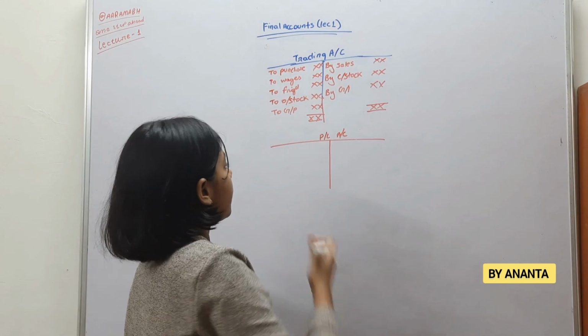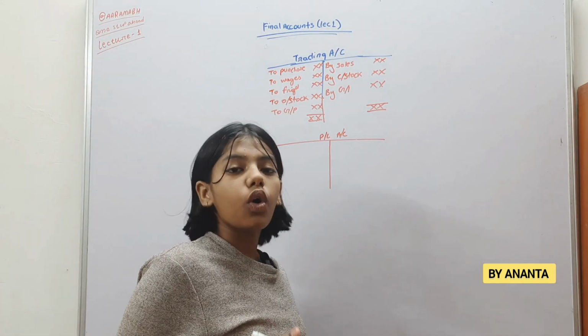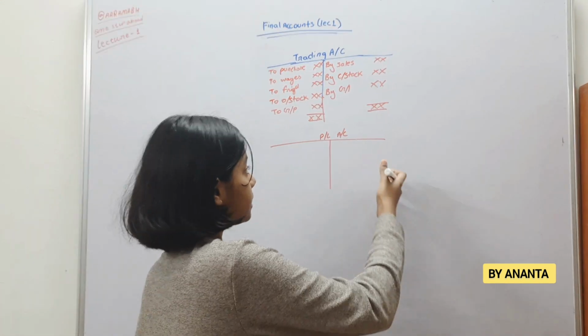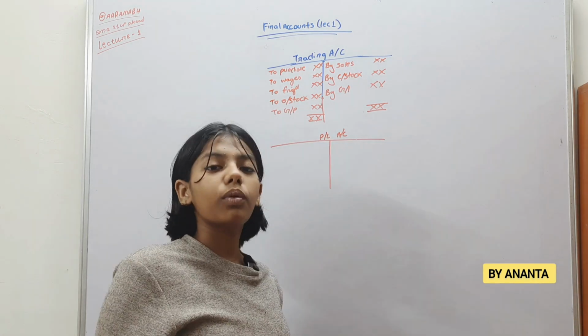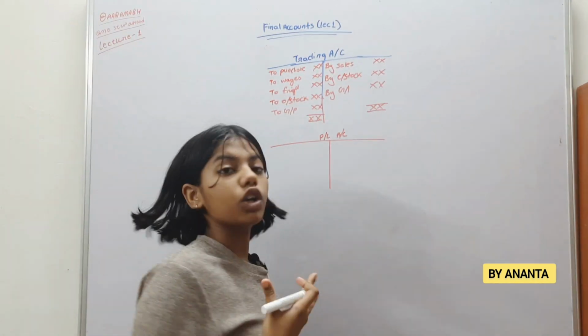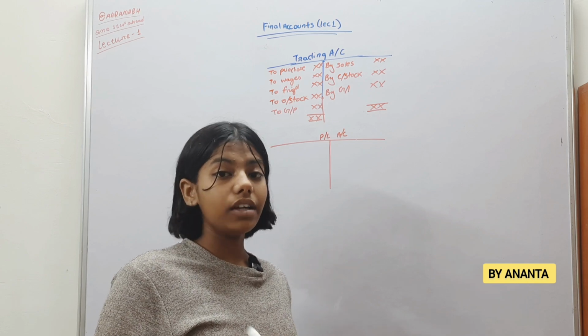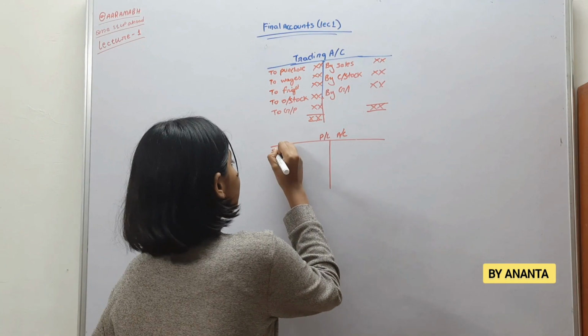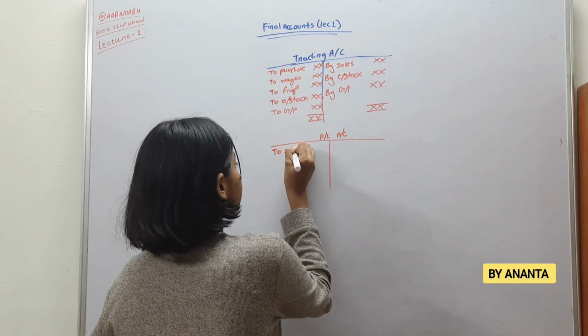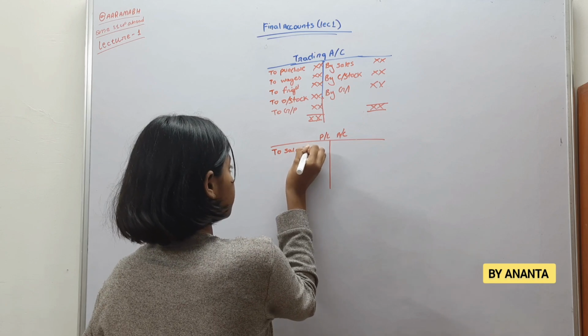On this side, the debit side, we post all our recurring expenses, and on this side, the credit side, we post all our incomes. So what are recurring expenses? These are all the expenses that are related with our office work. Like, let's say, salaries,